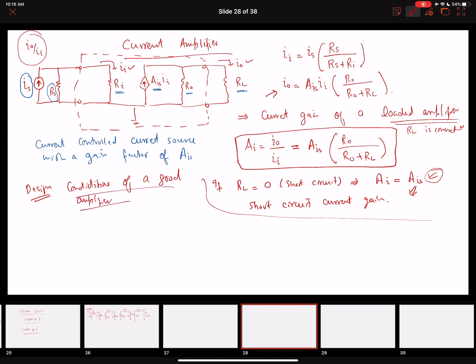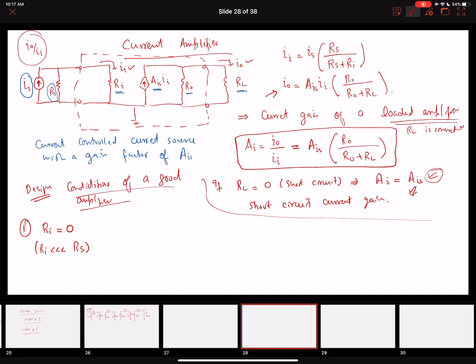All right. So the first condition of a good amplifier is that we want our input resistance to be very, very small compared to the source resistance. When we make our input resistance very, very smaller than the source resistance, we will not lose any current in the source resistance branch, and most of the current will come to the input